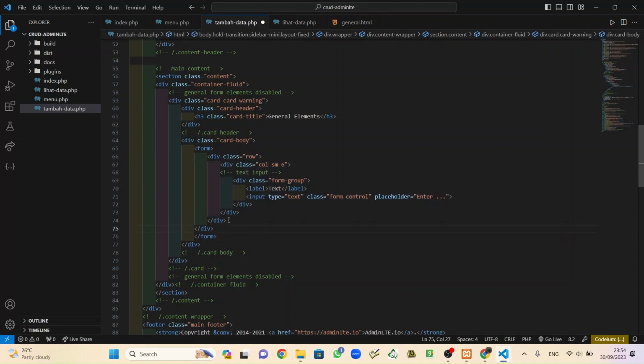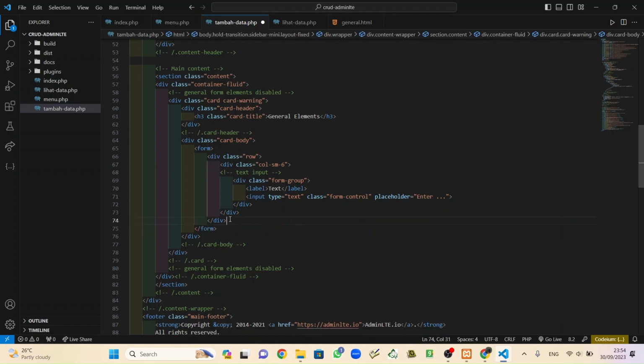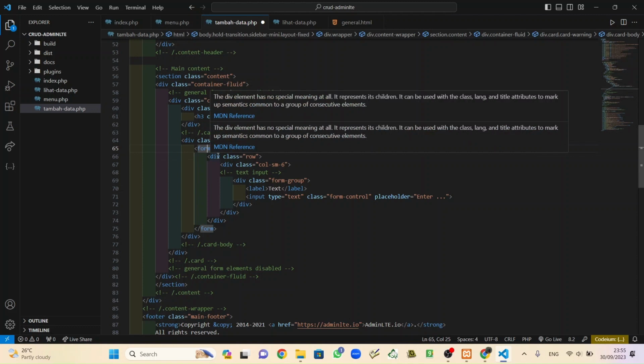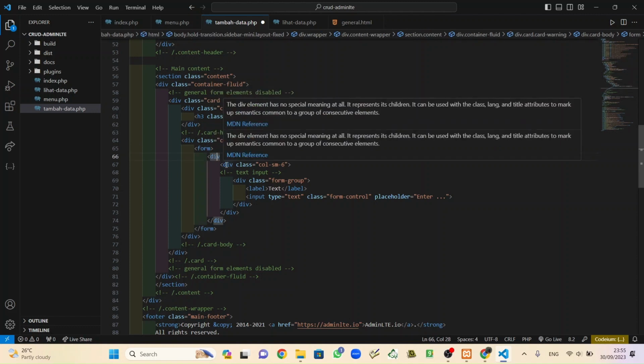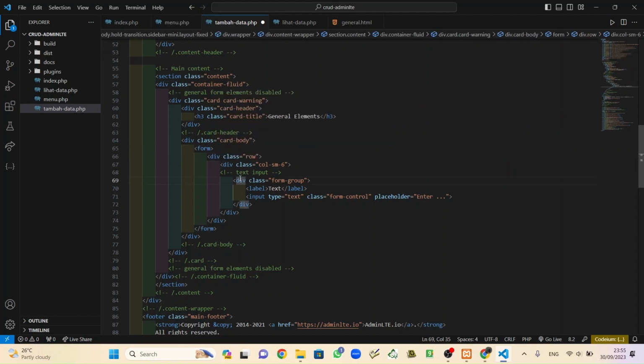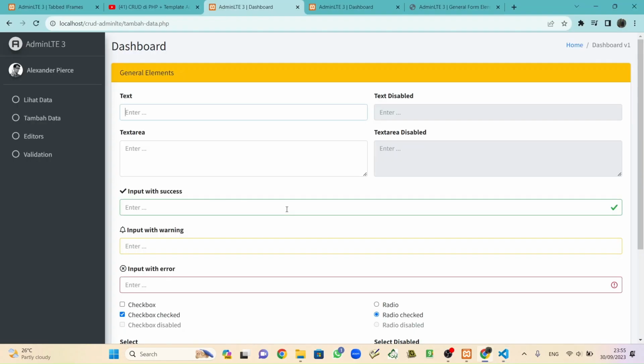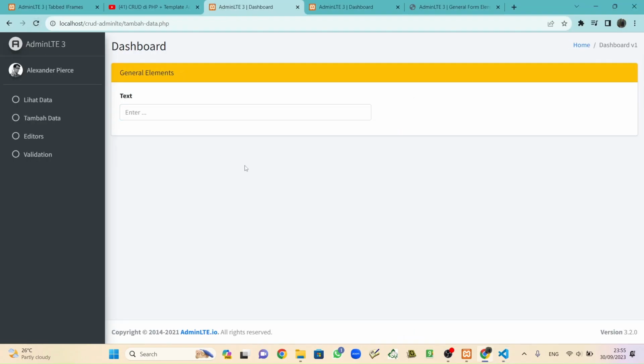We don't need this, so we can remove, and that's enough. From div, this div also, this is div, and that's enough for us. When we check, nah.